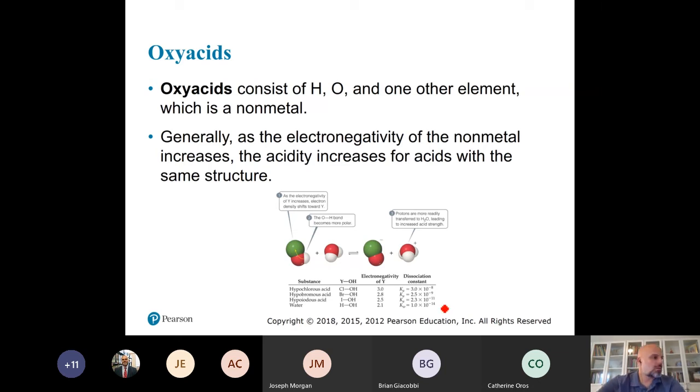And you can see what happens to the acidity. The acidities decrease as we move down the period. So as the electronegativity of the atom decreases, the acidity decreases. And if you think about why that is, what's going on,